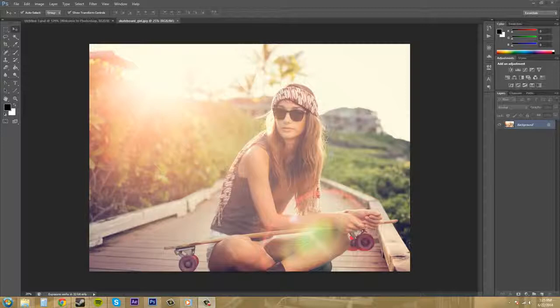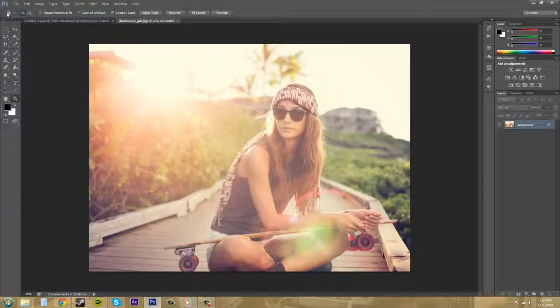I'm your host, Buddy Blackford, and in this tutorial I'm going to go over how to use the zoom tool in all of its glory. So I'm going to go over pretty much everything that you can do with it. So the zoom tool is this magnifying glass looking thing here. And click on it,